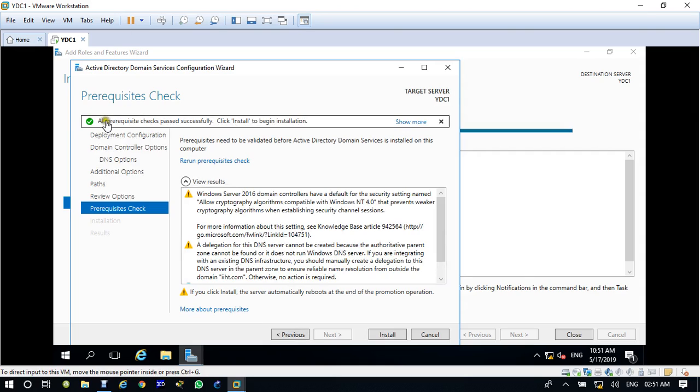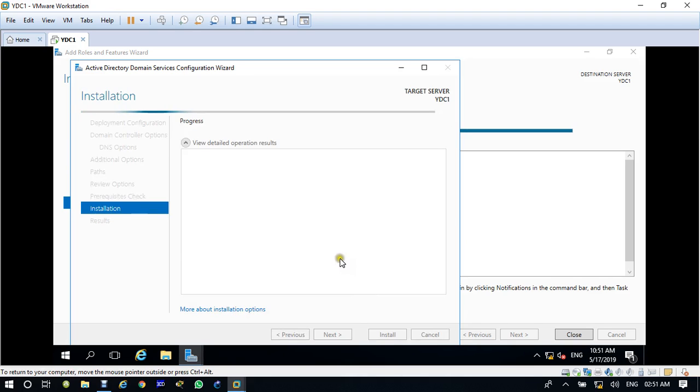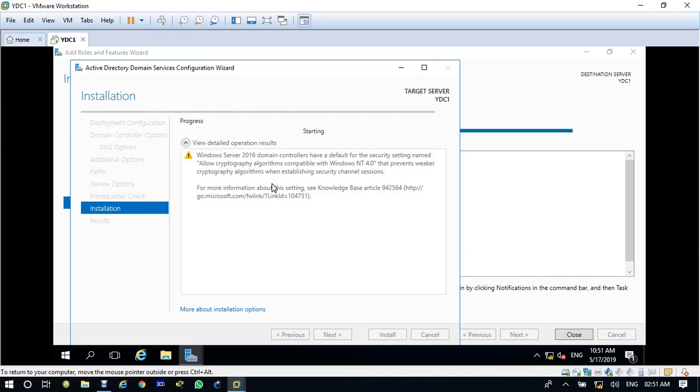Okay, you can see here all the prerequisite checks passed successfully. Click install to begin the installation. So click install. Now your Active Directory installation has started.